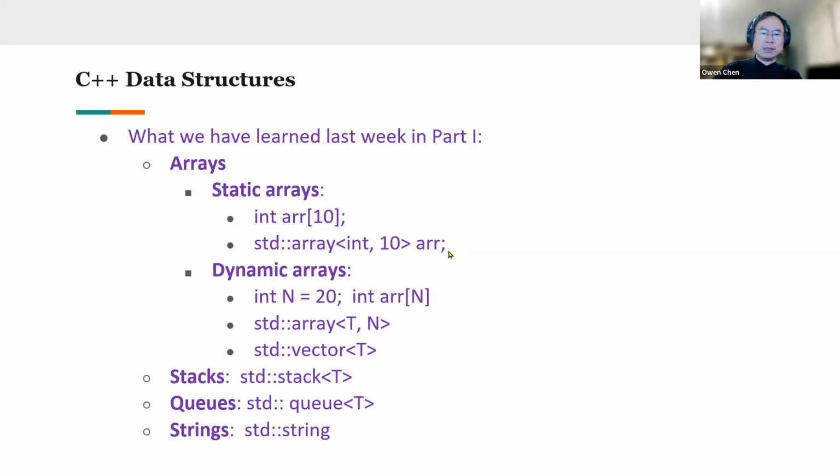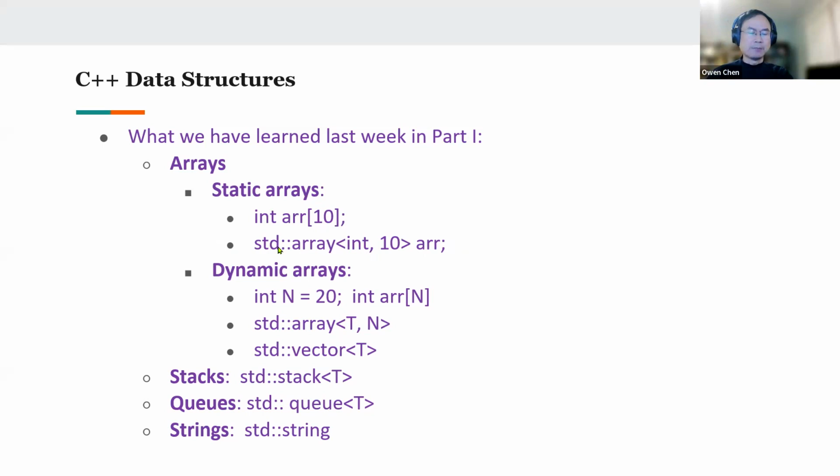So that's a trade-off. This is the traditional way. It is probably more memory efficient, but if you use this std array with some wrapper, then you can have some built-in functions to access the array, like for example, you can check the size, as well as some of those functions associated with a